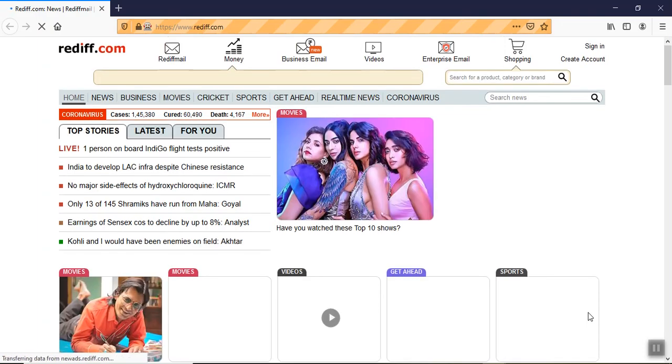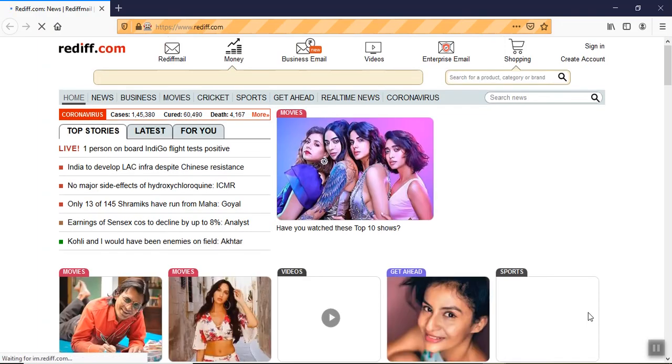The browser is being launched. Just a second.